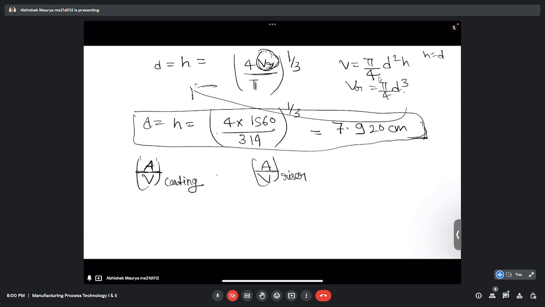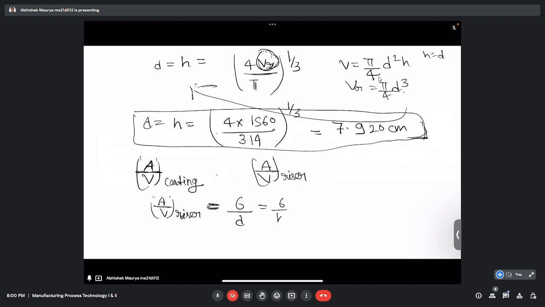So let's try to calculate for the riser. A by V of riser will come out to be